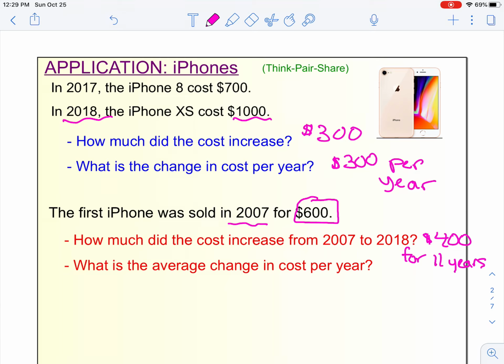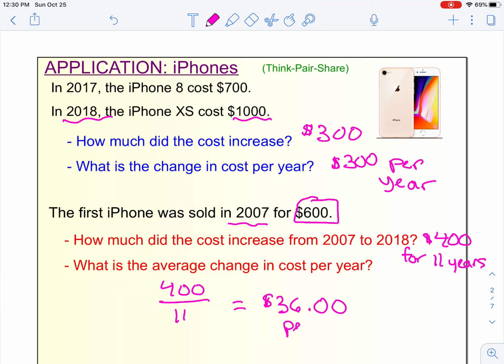So what is the average change in the cost per year? So in other words, if it went up $100 per year, it would have gone up $1,100. If it went up $50 per year, if you take 50 times 11, that is 550. So it's less than that even. So how do we figure out how much it went per year? Well, it was $400 for 11 years. So we take 400 divided by those 11 years, and that gives us